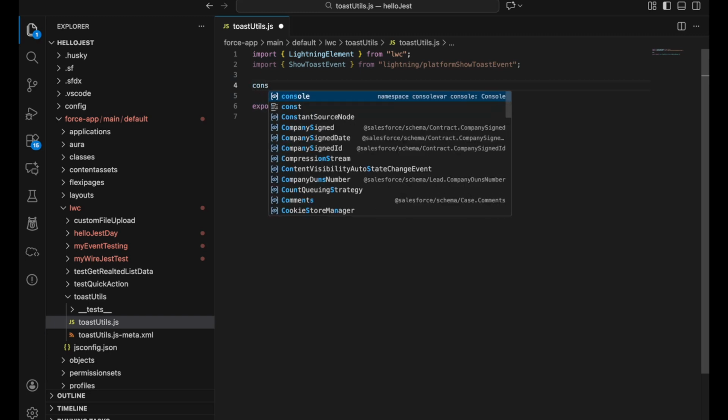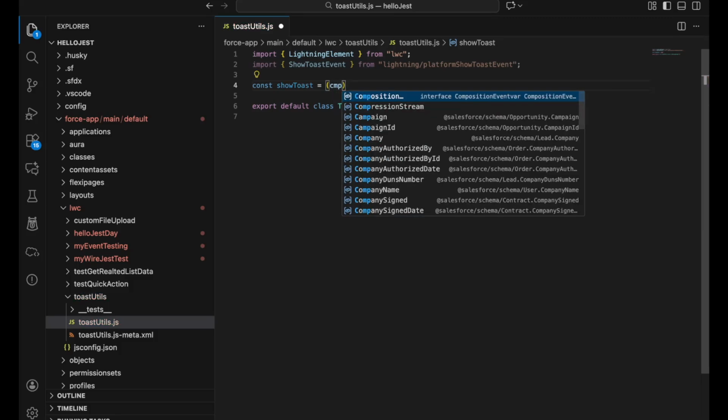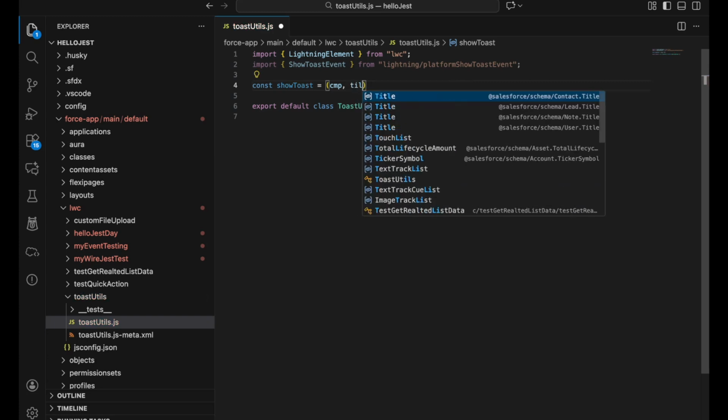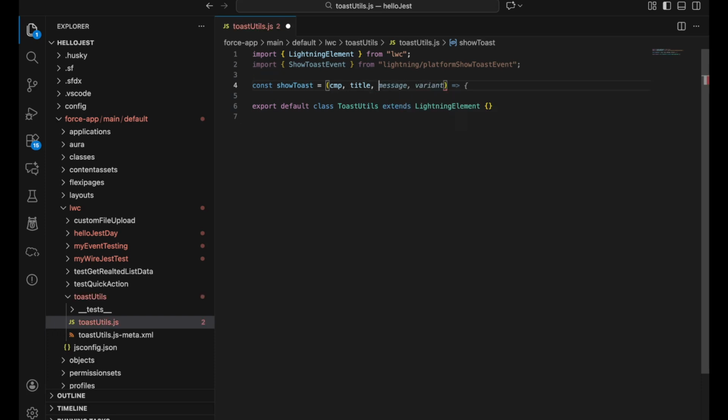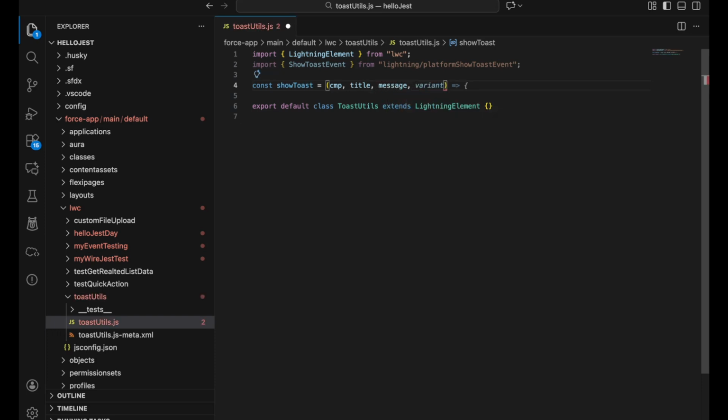So I'll use const toast equals to, and here we'll create one function, and the function will have cmp, the component name under which you are going to use this. Then we'll have title, then message, and then